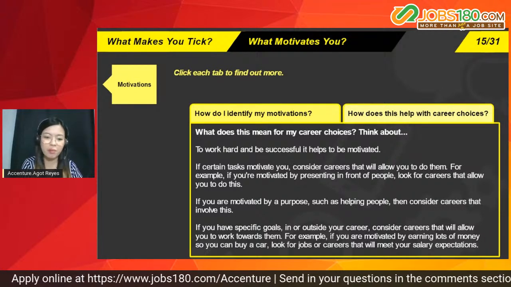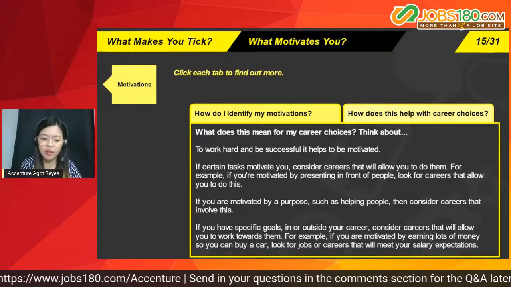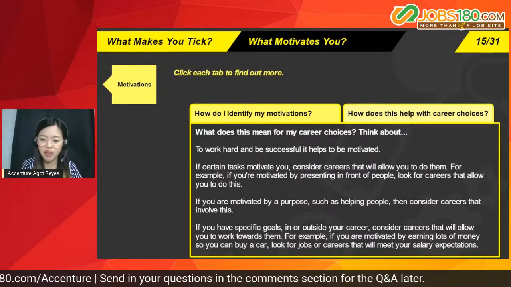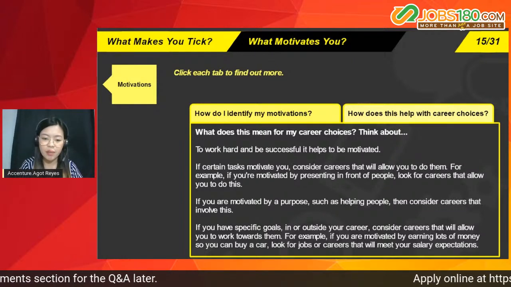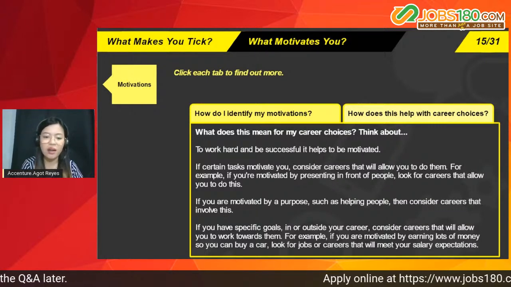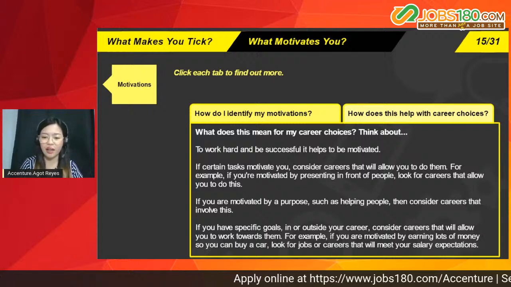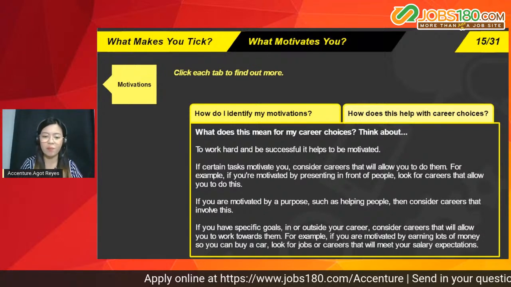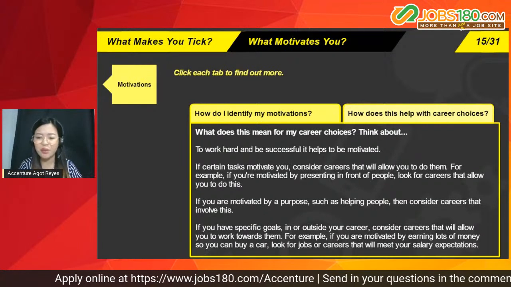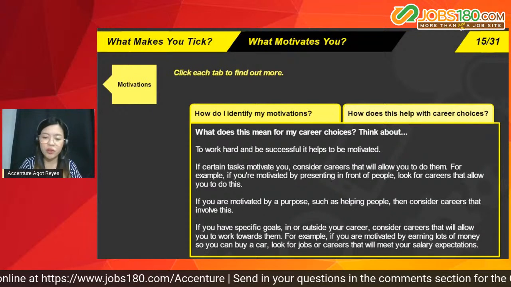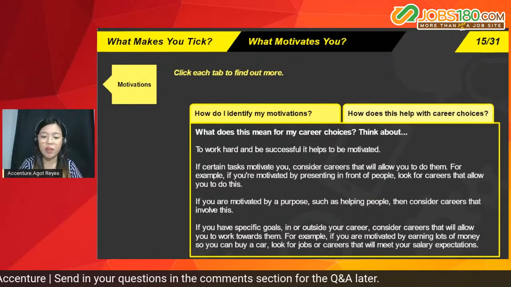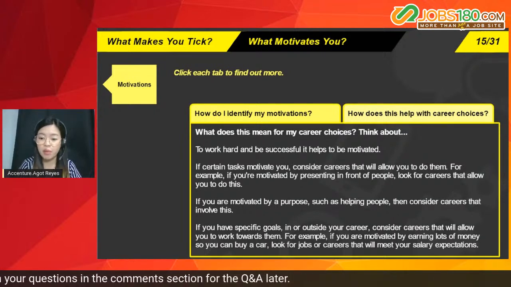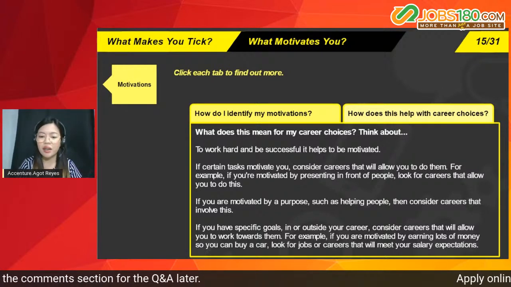So there may be people, no, na gusto yung mga people engagement who would like to talk to people again, not only someone from HR, like for example you're a BSBA major in marketing or related courses, and you like doing sales pitch, you like talking, no, so you should be able to again find career choices that are related to that. So if you're motivated by a purpose such as helping people, for example, then consider careers that